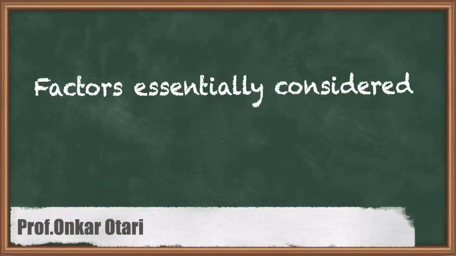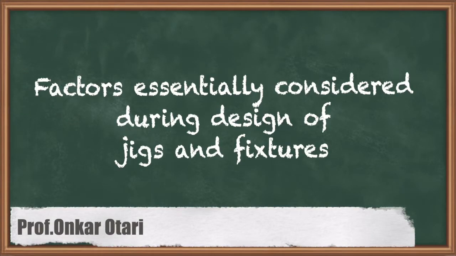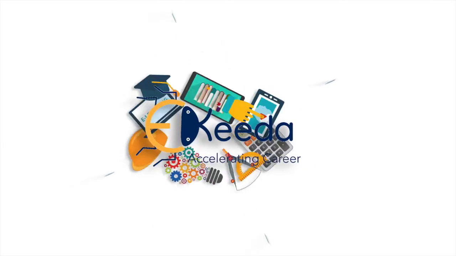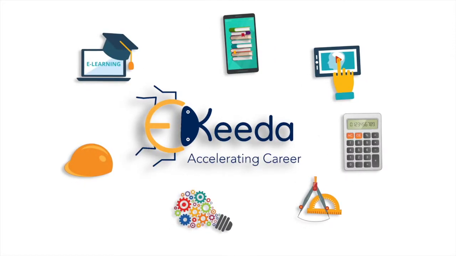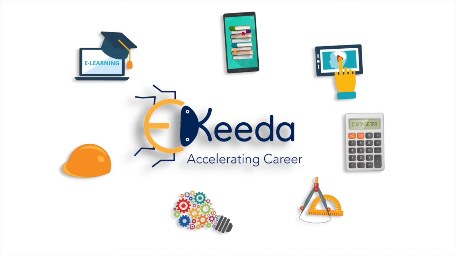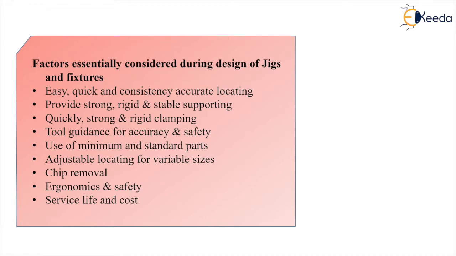Now students, let us see some factors which are essentially considered during the designing of jigs and fixtures. Okay, so what are these factors? So see, there should be easy, quick and consistent, accurate locating, then provide strong, rigid and stable supporting, quickly